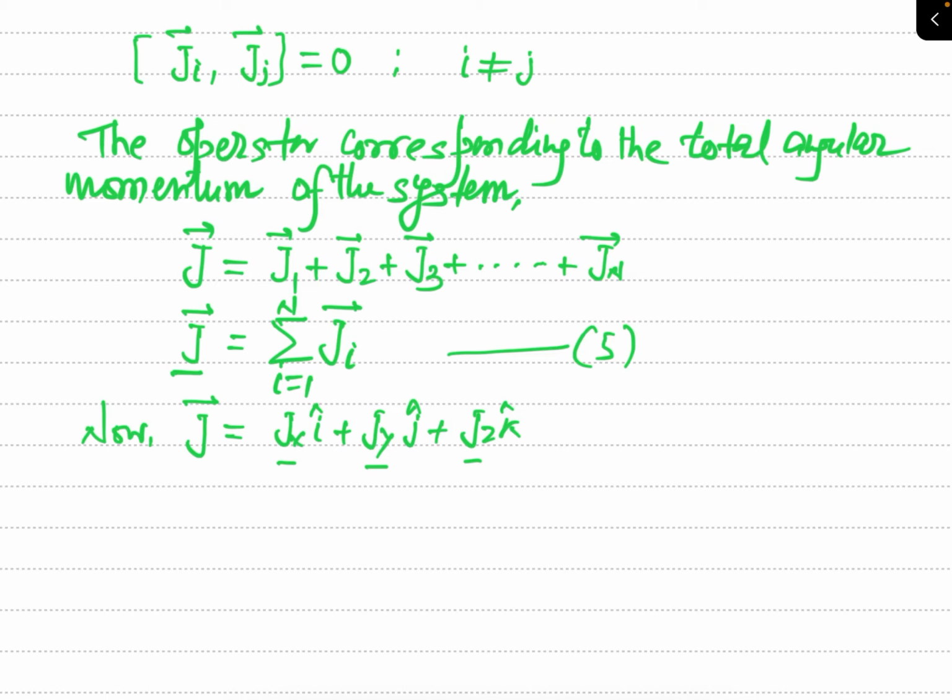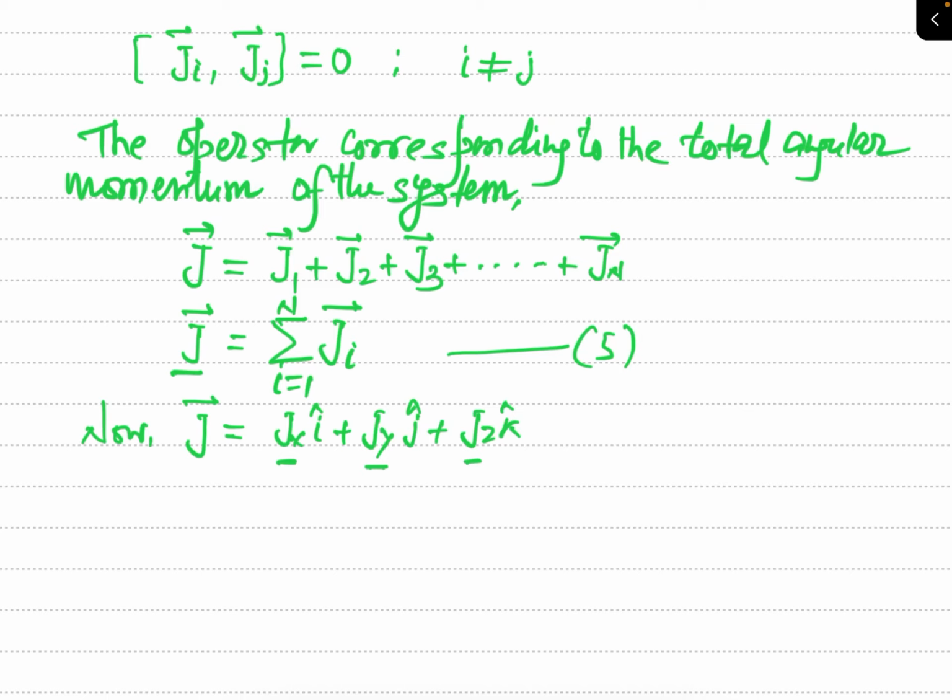I have told you earlier, whenever we write the symbol in capital letter, that refers to an operator, not the physical quantity. In fact, since these Jx, Jy, Jz are the components of the total angular momentum operator of the system,